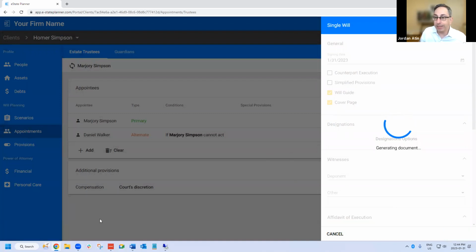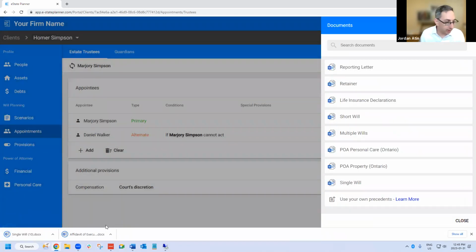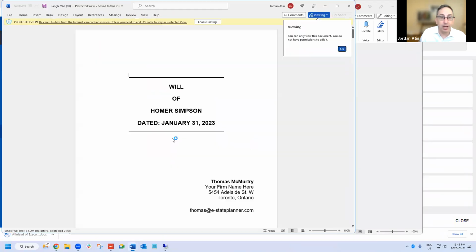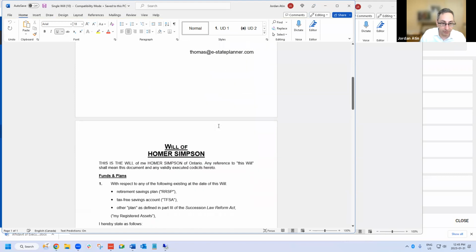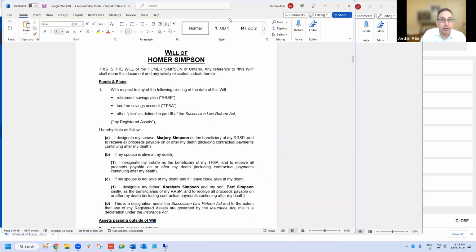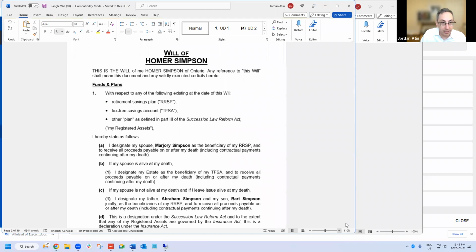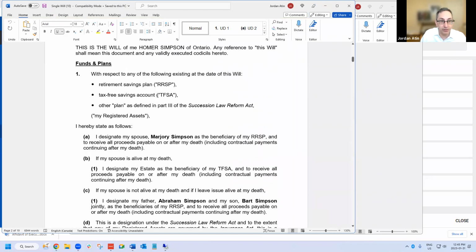Right now we don't support a separate document for RSP designations like we do for life insurance. Typically, they're not as large, so we're not as concerned about that, but it is something that we're going to build, because a bunch of firms have said they would like a similar type of document for RSP designation. So we're going to do that. Hopefully you can see that okay, but this is your RSP designations, or registered plan designations. It lists the RSPs and designates the spouse as the beneficiary of the RSP.